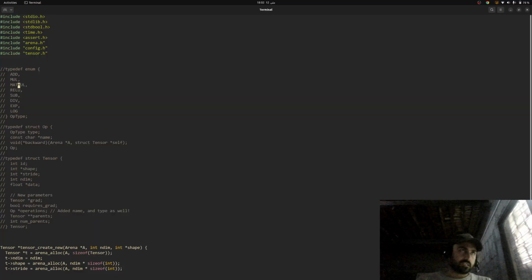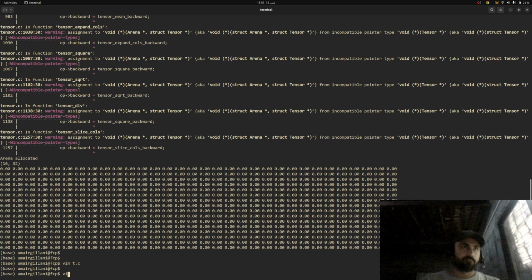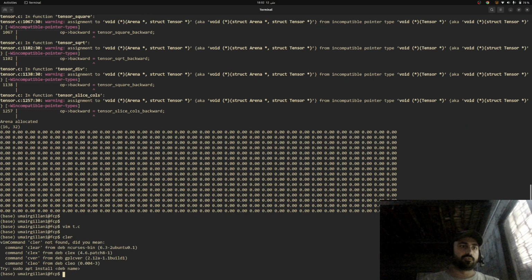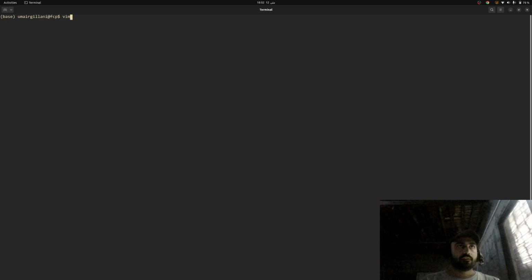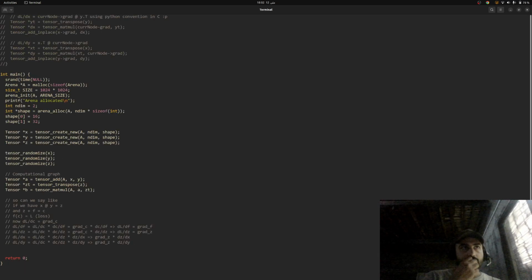So we've created this, and what we are going to do is build our own computational graph, which has the operations information as well. Right now we have successfully built this graph, but we don't have the operations information available, like from which operation the tensor has been derived or created, right? So let's just say